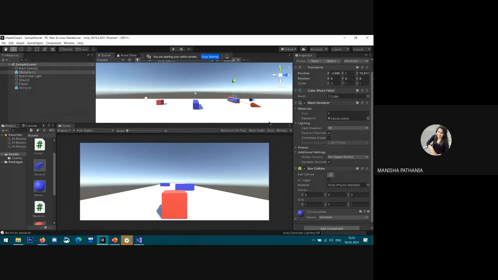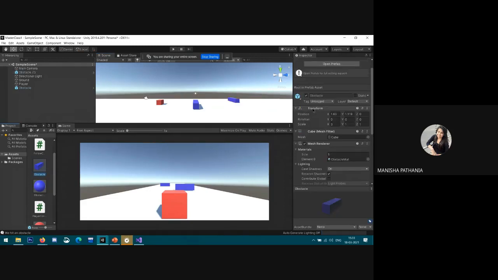If we now go to our obstacle and make any change in the settings, suppose I'm scaling it to 5, and save it, it will reflect in both obstacles. You can see it updating all the objects at once. That's why we need prefabs.